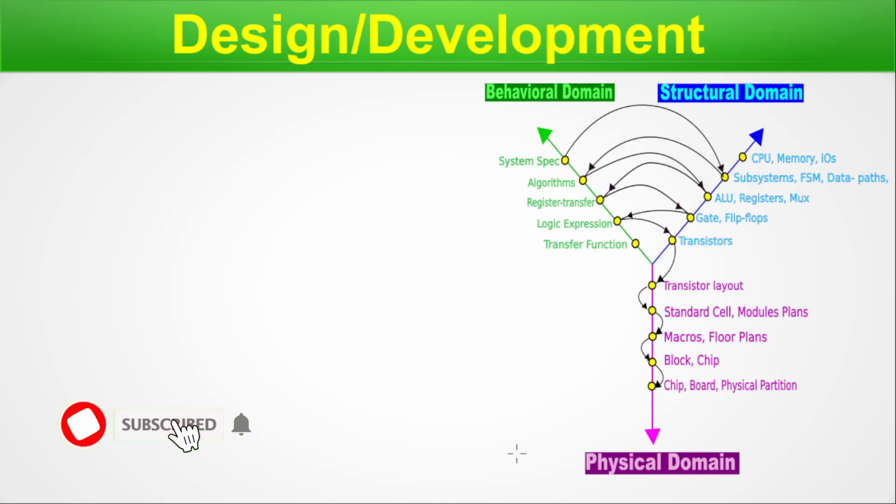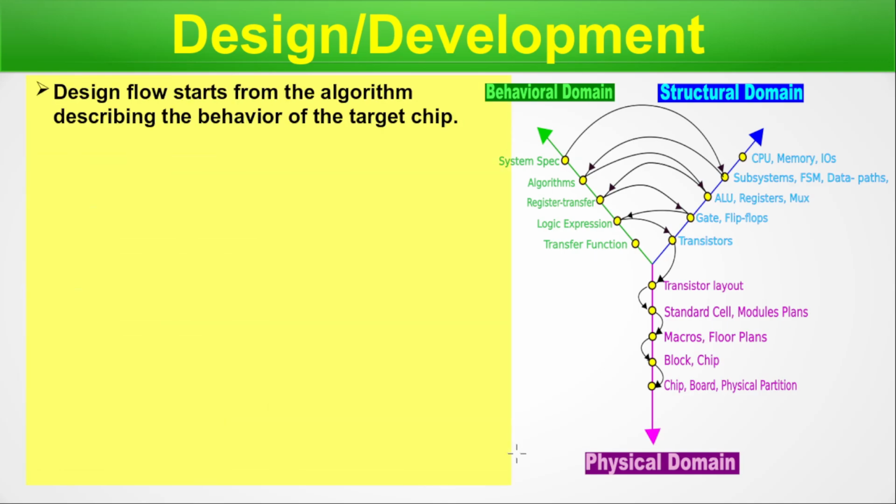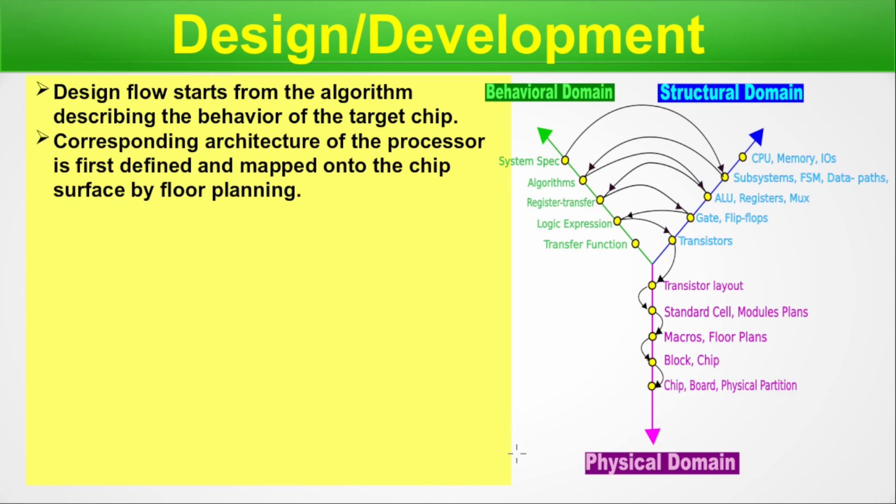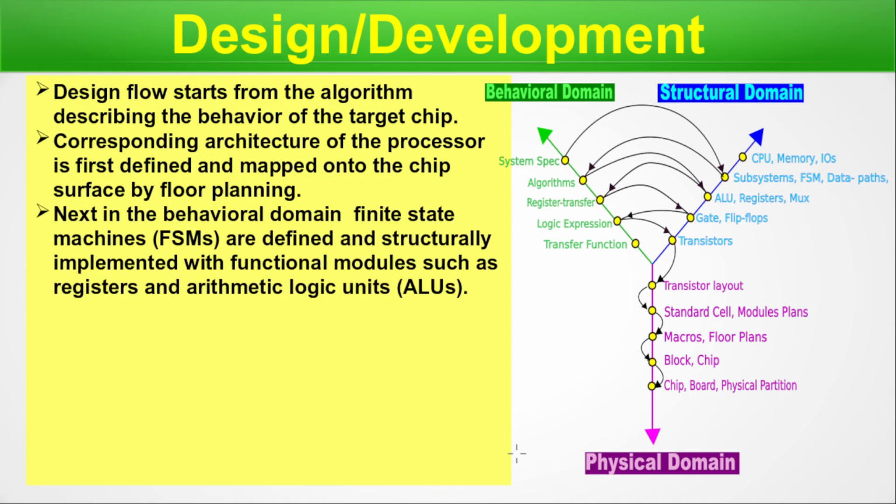Next, design development. It's a Y diagram basically in a different way. We will understand how design is developed with the help of the Y diagram. So design flow starts from an algorithm describing the behavior of the target chip. The corresponding architecture of the processor is first defined and mapped onto the chip surface by floor planning. And next, in the behavioral domain, finite state machines (FSMs) are defined and structurally implemented with functional modules such as registers